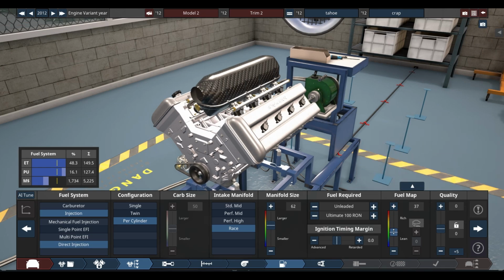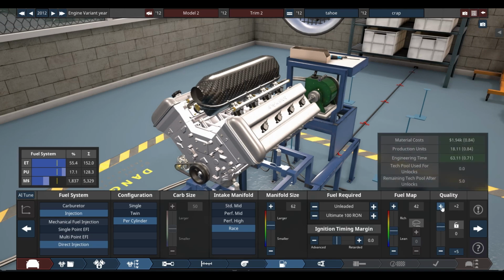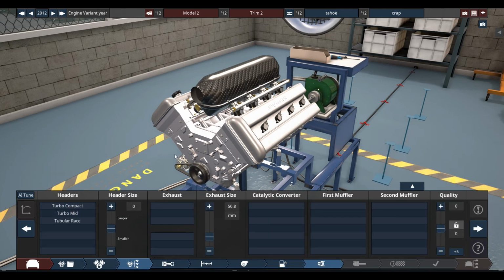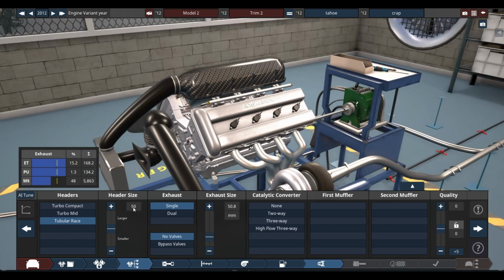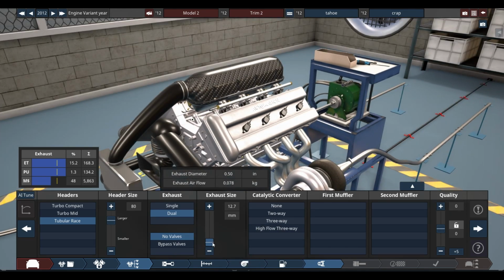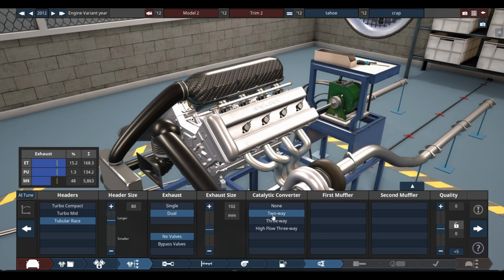We can lean that out a little bit. 5 quality. Race headers. We can jack up the size a little bit. Dual exhaust. Make that also. Oh, that's a bit big. Oh, no, that's tiny. Okay, let's try and shoot for like around 100. And we're just gonna,